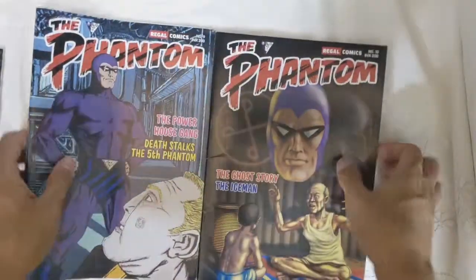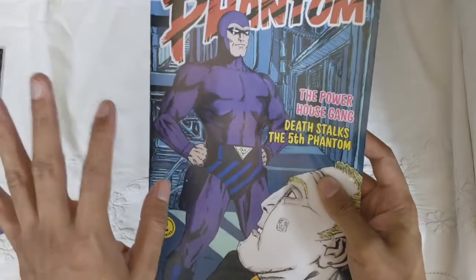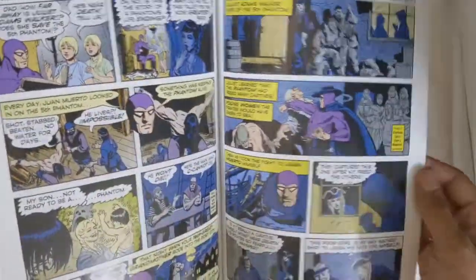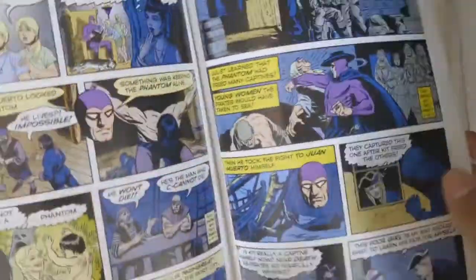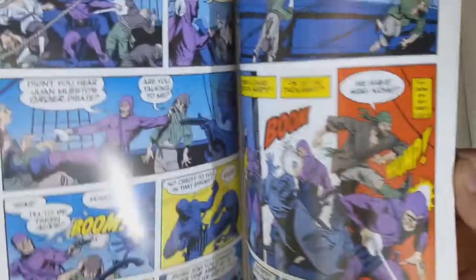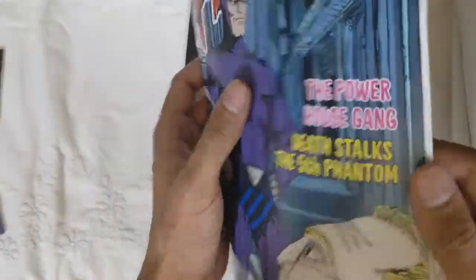So yeah, now coming to the individual issues, not going into spoiler territory, this book has one of my favorite Terry Beatty Sundays, Death Stalks the Fifth Phantom. It's one of those flashback stories told by the Chronicles, which is absolutely one of my favorites, and it has this sense of danger and vulnerability. The problem I have always felt with some of the older Phantom stories is that the Phantom always feels invincible, and in stories like this, where the Phantom is put in a situation of danger,